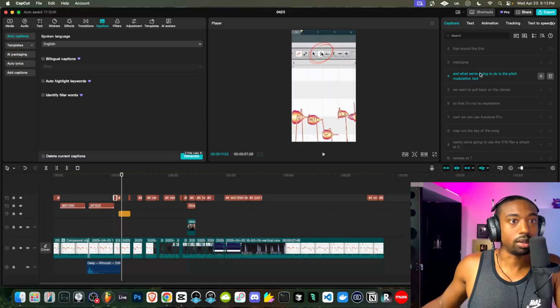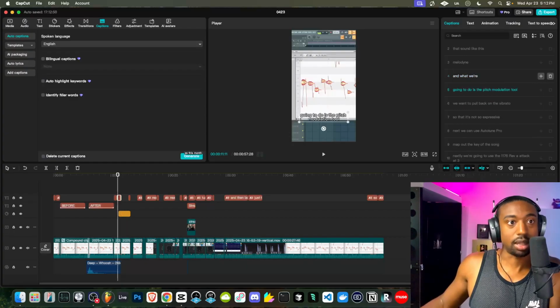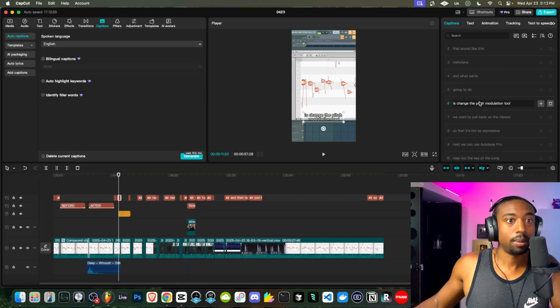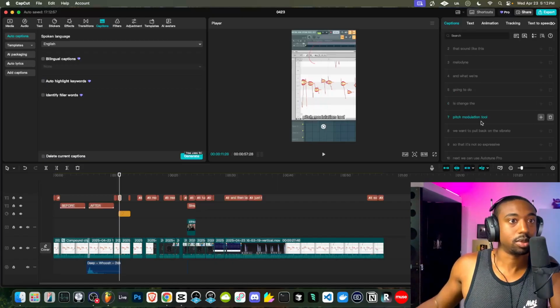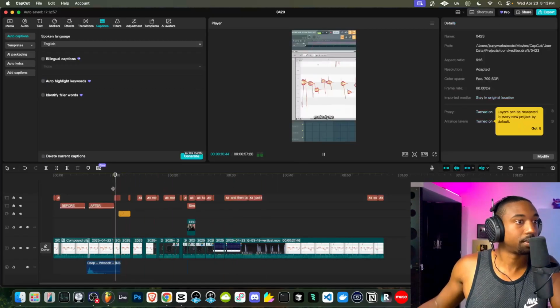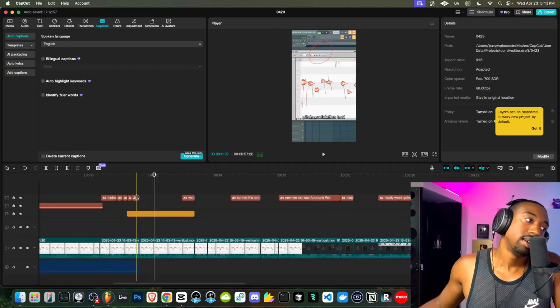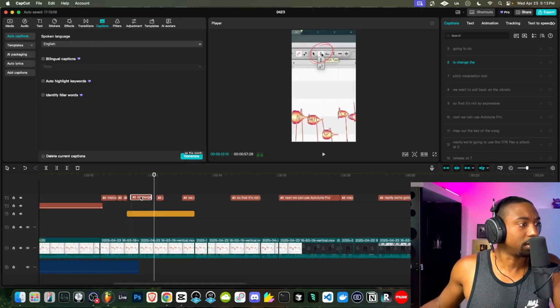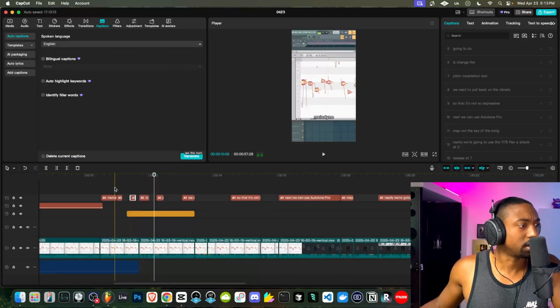Okay, let's split that. I'll add the word change. So I split that up into what, six parts? Okay, so here, it didn't track the words properly, so we have to manually drag these chops out. This is the tedious part about splitting stuff up. You have to make sure that it's lined up with the actual video, but it's worth the time.